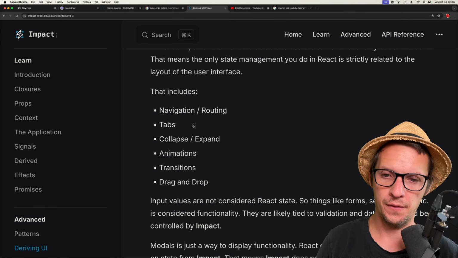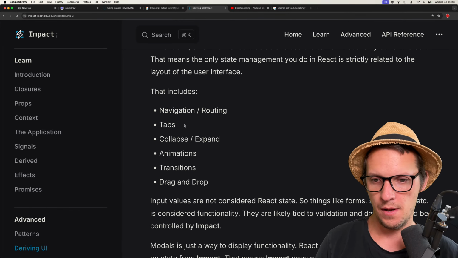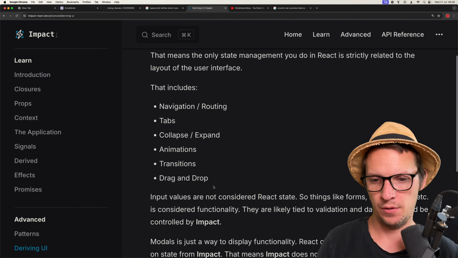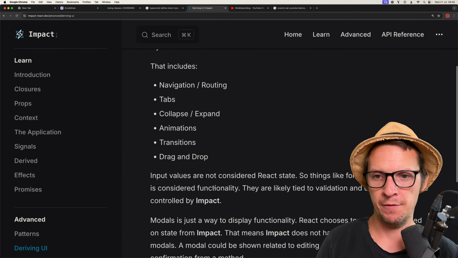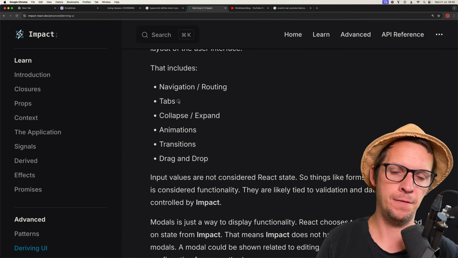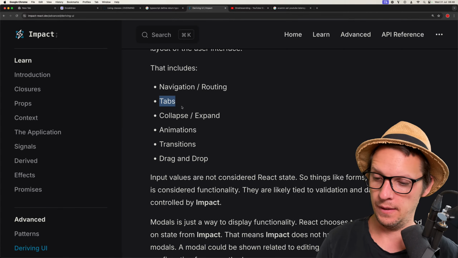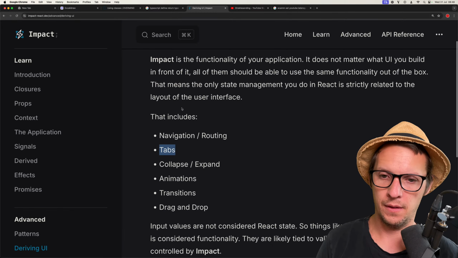But this is a tricky one because you want tabs to potentially be persisted. But is that then the responsibility of Impact in this case? It's hard to say. Even if you call the state active feature, for example, yeah, it's a tricky one.